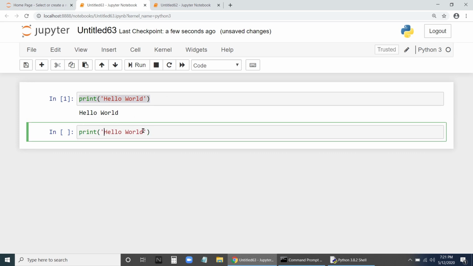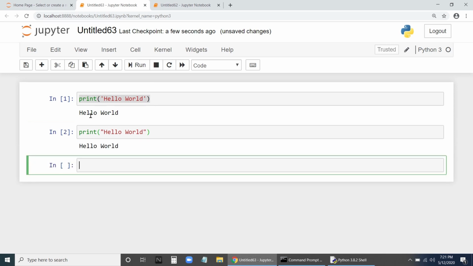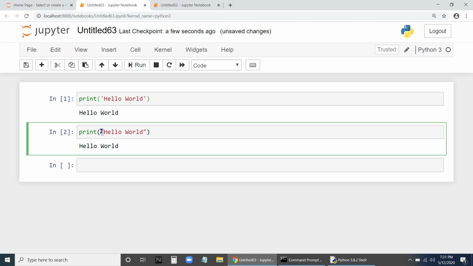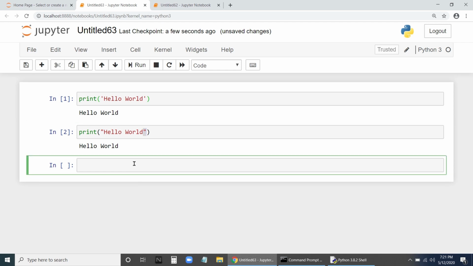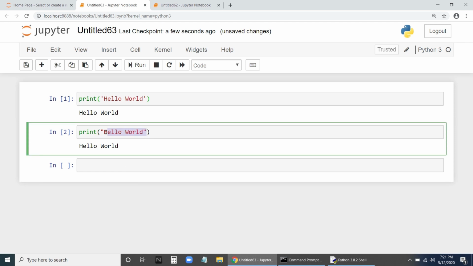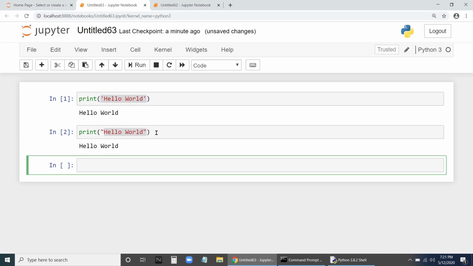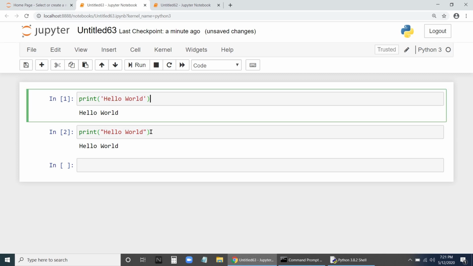Then double quotes, fine. Instead of single quote, we can use double quotes also. Run it, it's the same. If we open with a single quote, then we have to close with a single quote only. If we open with a double quote, then we should close with a double quote only. So this is a string. We are printing the string. String means a set of characters, which should be given in either single quote or double quote. You cannot mix them, fine.